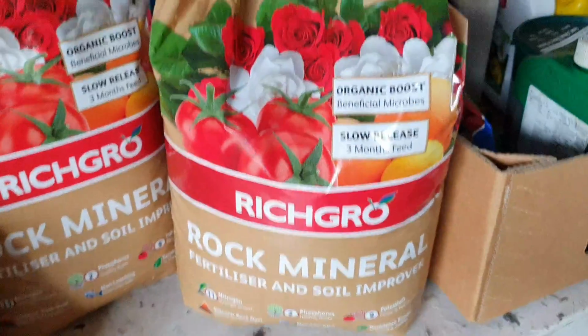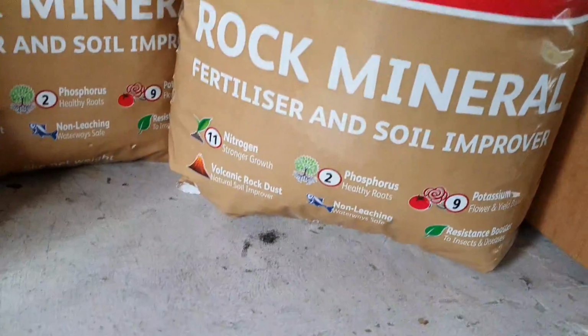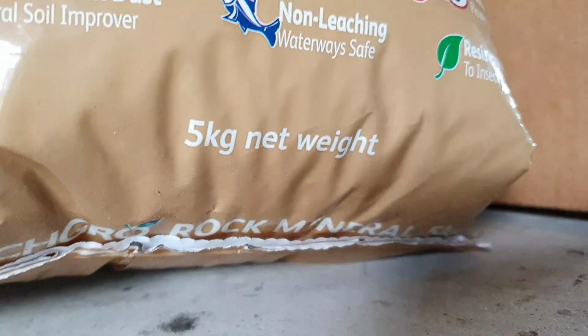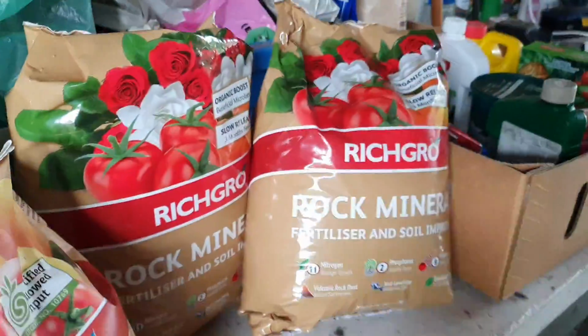For how much is it? I'm not sure how much is in here, but it ain't cheap. Let's have a look. 5 kilos, that's 10 pounds. Yeah, so,